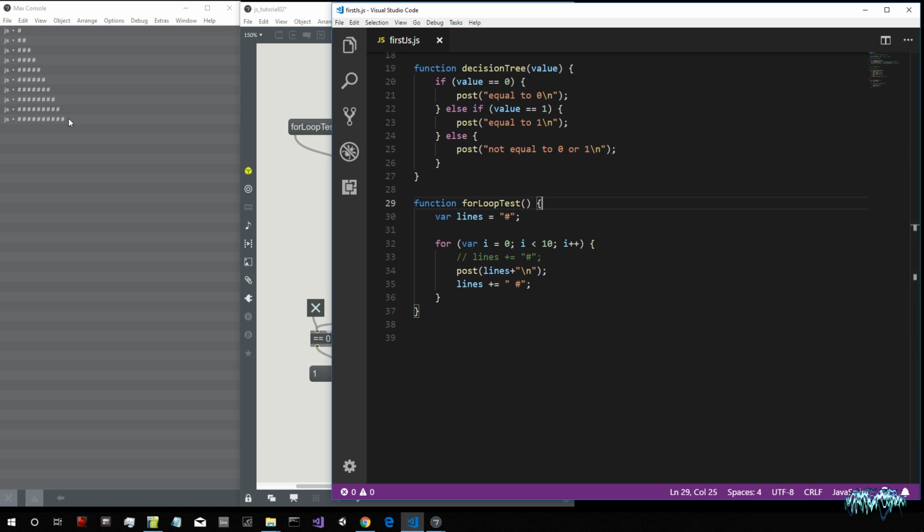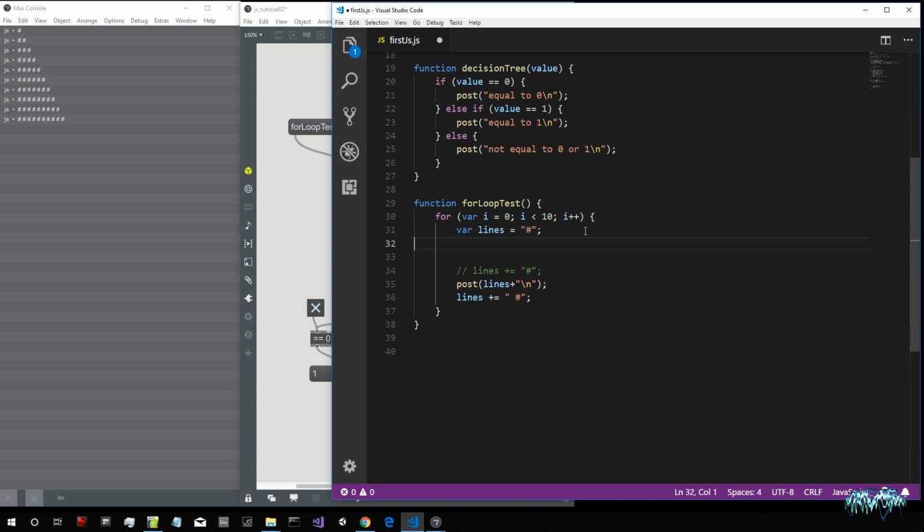But let's now say that instead of having a triangle like this, we want a pyramid. So we want on both sides to go up and then down. So let's make a pyramid. To do that, there are a lot of ways, but the simpler way that comes to my mind is simply to use a couple of for loops. So we have to remove the lines variable from outside the for loop and put it inside the for loop. So at every iteration of the for loop, this is going to create a new line